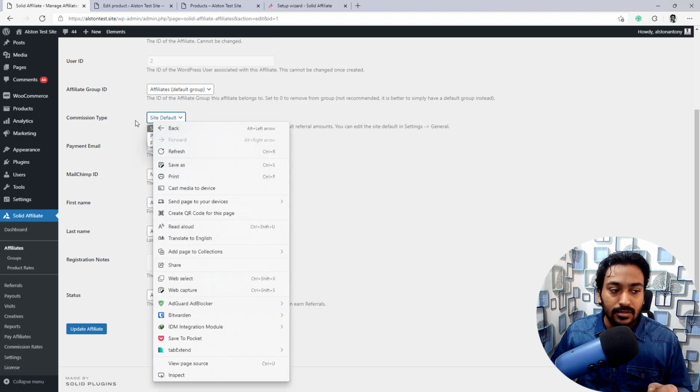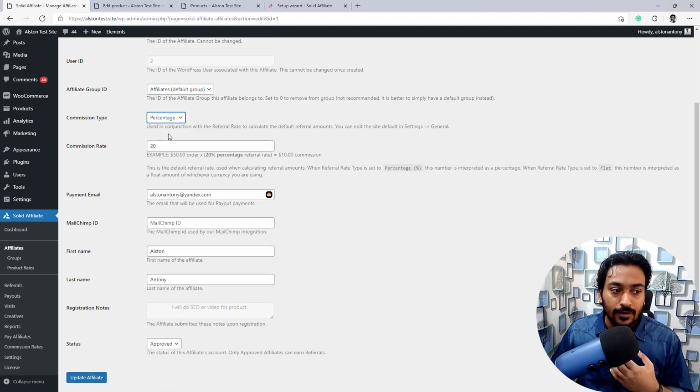Let's say for example, this person I want to give a different rate. I can select whether it's a percentage or flat, and I can give a custom rate, like just wanting to pay 5% for this person, and it will also give you some sort of an example.